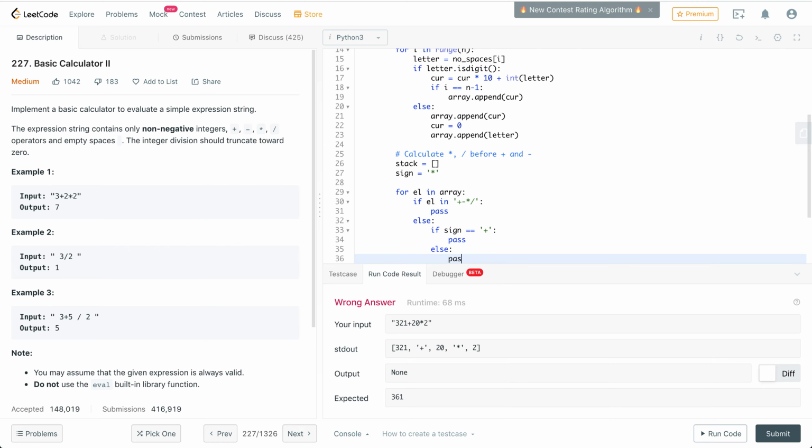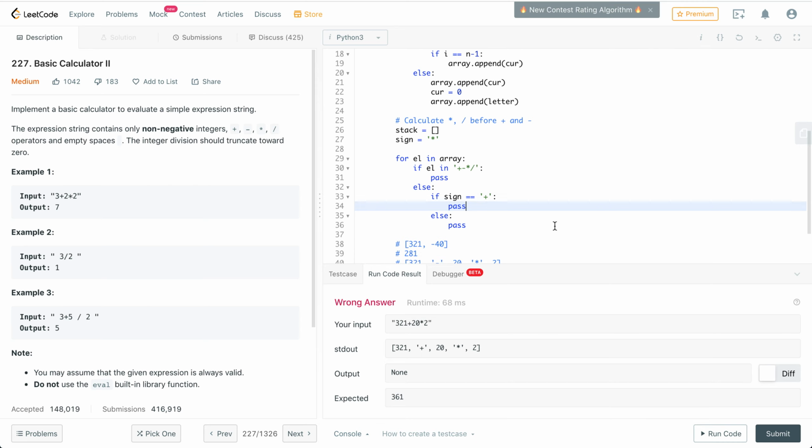If sign equals plus, then append element. Else stack append minus element. And here sign equals element. And if sign equals negative minus, then